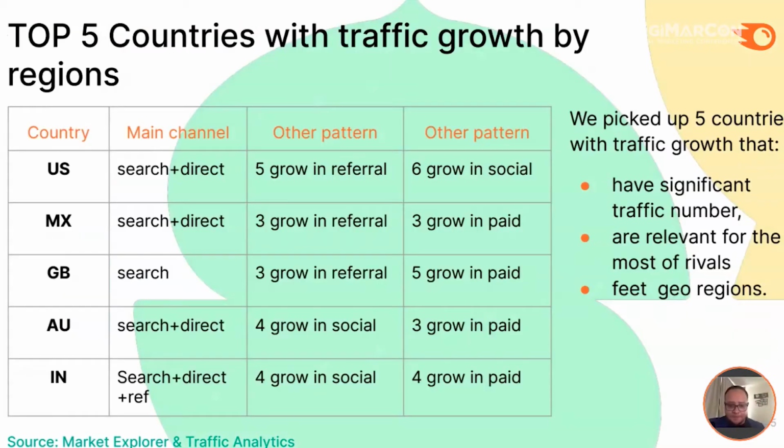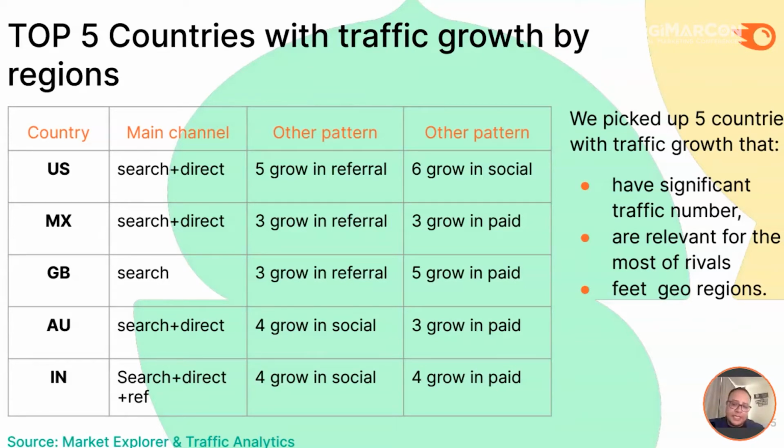Expansion, second: we see that we can pick the top 5 countries with traffic growth by regions. So we can enable a marketing team, a sales team, a customer success team, for example, to work directly with these countries if we are, for example, entering this market, or just analyzing this portion of the market. We can see that the most important KPI that we have here is the traffic number. We already picked the ones that have 50,000 or more.